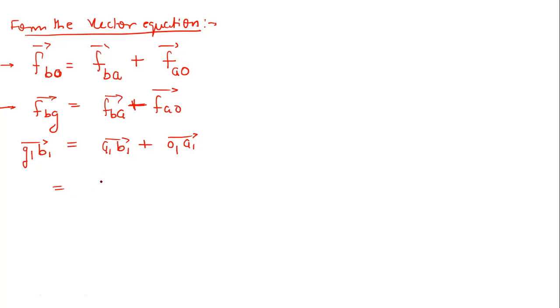Now let us talk about the centripetal and tangential components of this A1B1. I'm interested to write down first the centripetal component. It will be A1, then what should be the next letter? A1 BA, very good, because we are looking into the acceleration of B relative to A. So this will be the centripetal component, plus the tangential component, BA B1 vector. Ultimately, the A1 and B1 letters have to coincide somewhere, because these two are going to build your A1B1 vector. Just remember this. This is very easy.